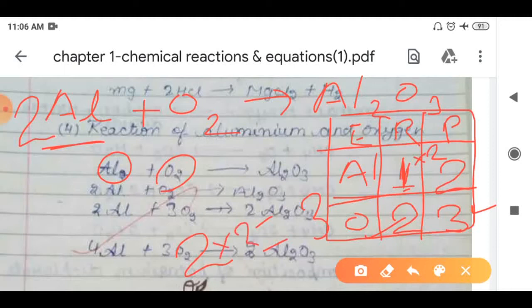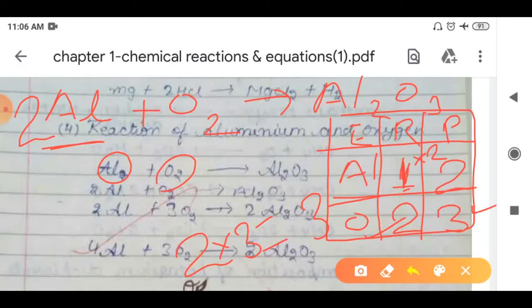If I multiply this 2 by 3 by 2, at that time what will happen, this 2 is cancelled out, and the 3 we will get. It means how can we convert the 2 into 3? The one way is, just multiply this 2 by 3 by 2, so the 2 cancels out by 2 and only the 3 is left.